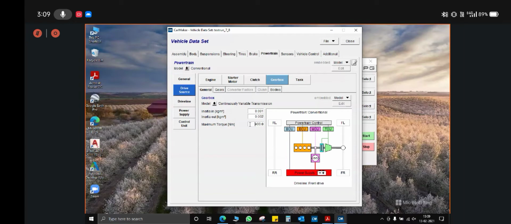So don't confuse it with the gearbox that you are using. Teams might confuse this particular gearbox with the two-stage reduction gearbox that they are using here. But for the teams who are using CVT, their CVT acts both as a gearbox and as a clutch, inclusive.